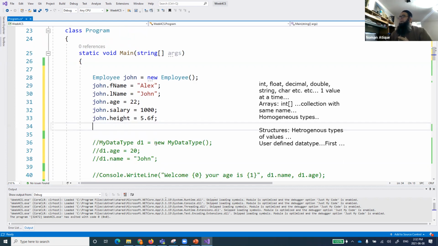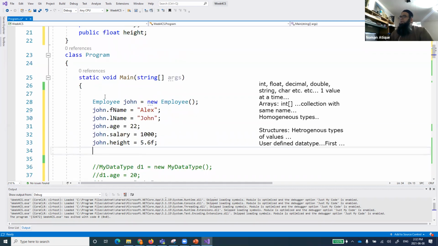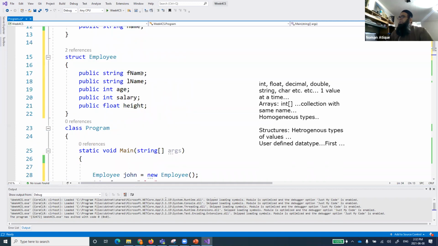So you know what is happening and why I'm telling you this. Employee is one name that keeps different data types together. There are two strings, there are two integers, there's one float. Did you have this facility before? Before discussing structure, were you able to store heterogeneous types of data together in one unit?